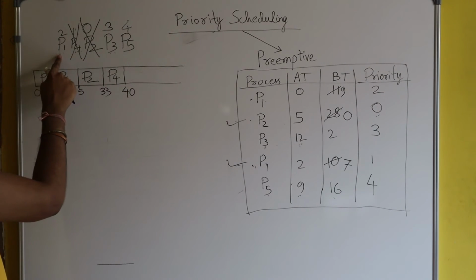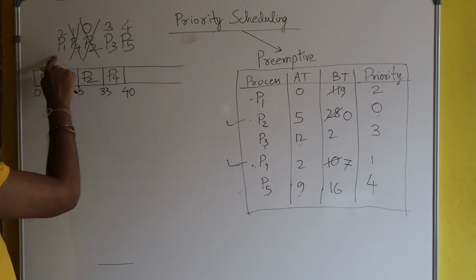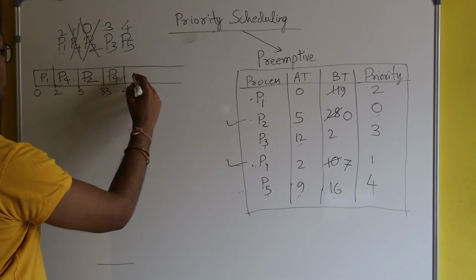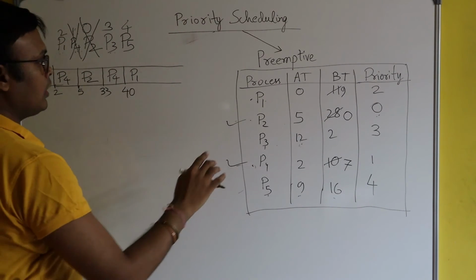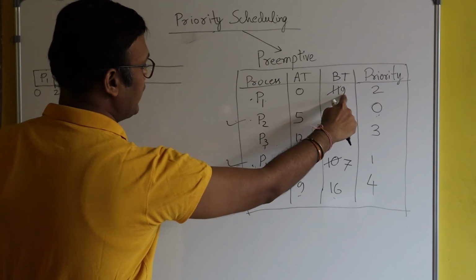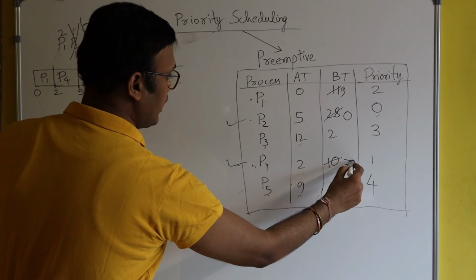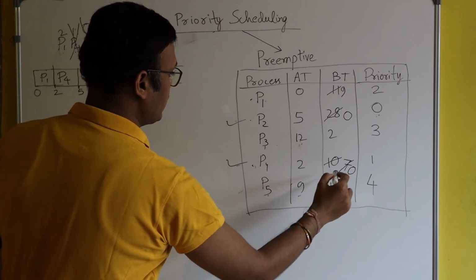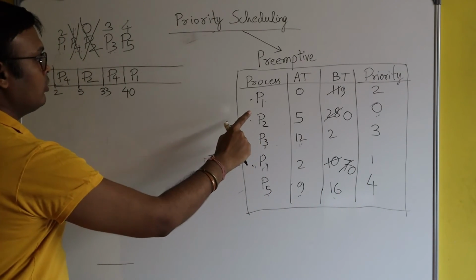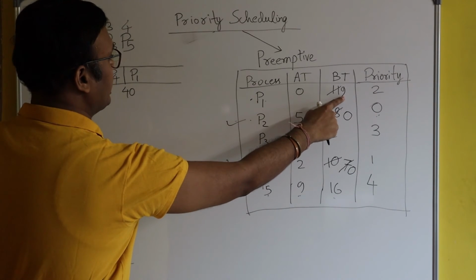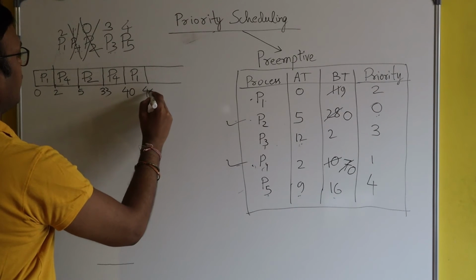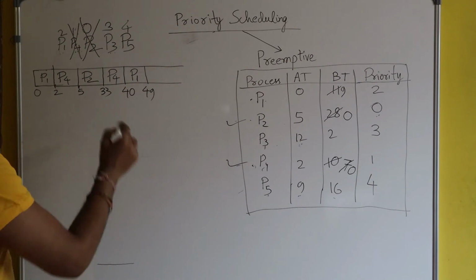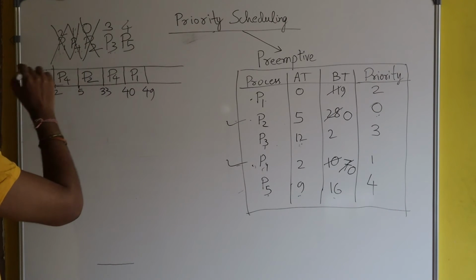So definitely P1 has to be selected, because P1 has the highest priority among all these 3 processes: P1, P3, P5. So CPU will be given to P1. And how much burst time is left for P1? 9 seconds. Okay. Here I will write 0 for P4, because it has already completed its task before. So let's come to P1. So P1 will run for 9 seconds. Okay. So 40 plus 9, 49. So the task of P1 is over. So just cut this, remove this.